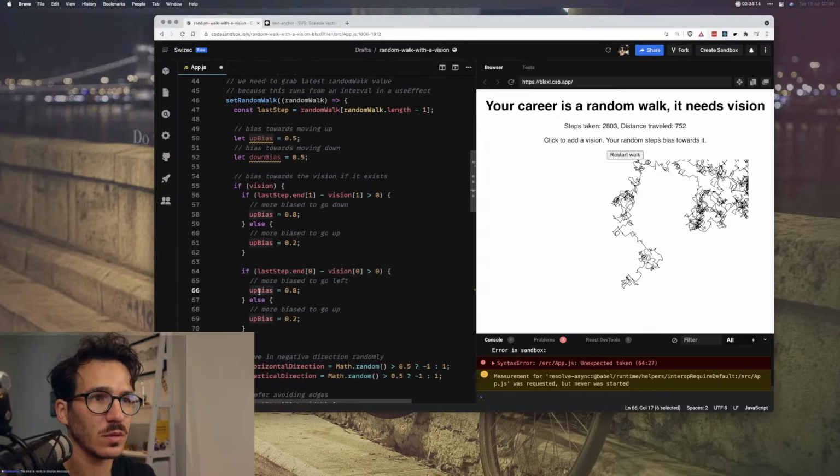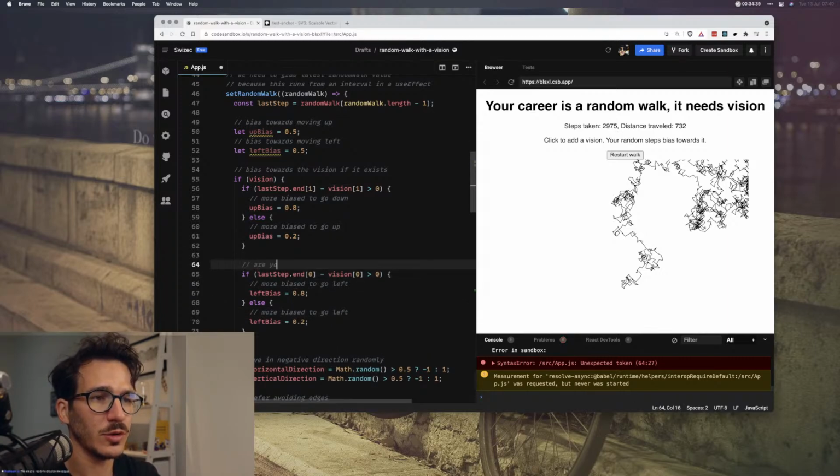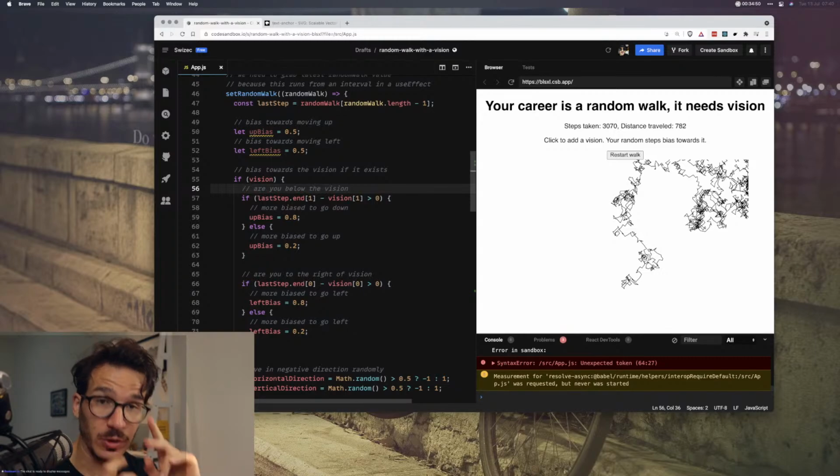So up bias, left bias towards moving left. Go left. Are you to the right of vision? Are you below the vision? Okay. So we're going to see if this works.